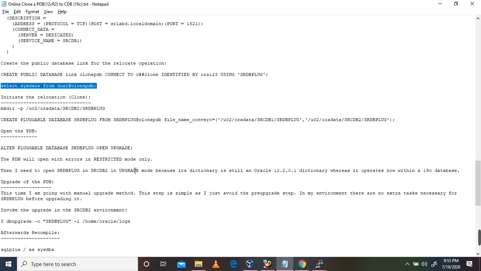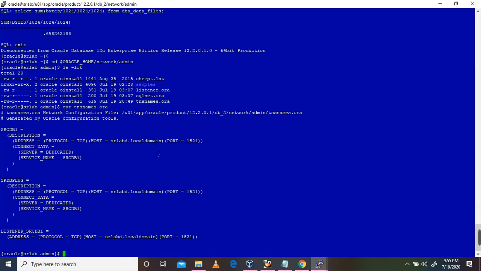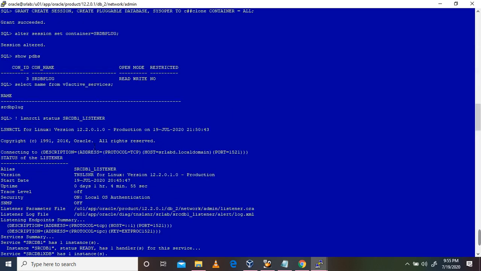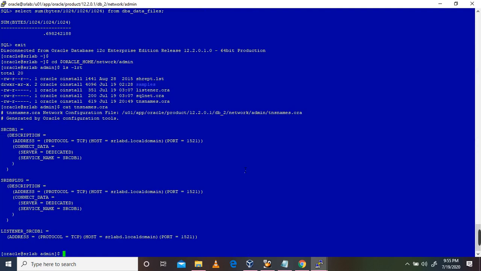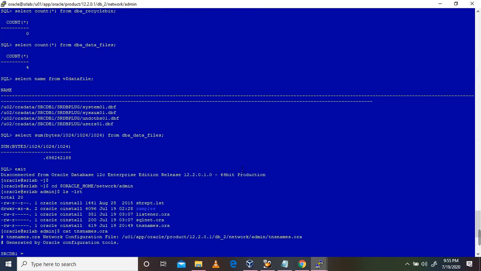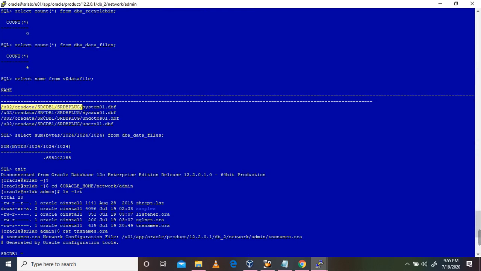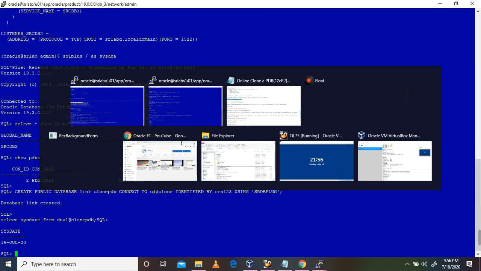So next, we need to check the file name convert. The pluggable database, we have already validated here the file name where it is located. You can see here, this is the source plug directory, and we need to create the target side also.